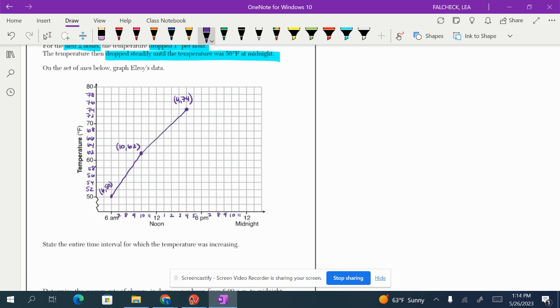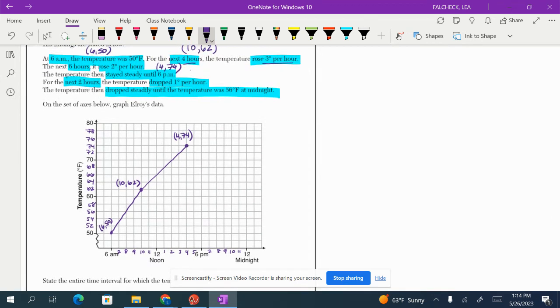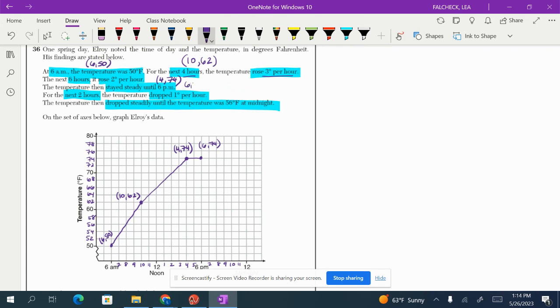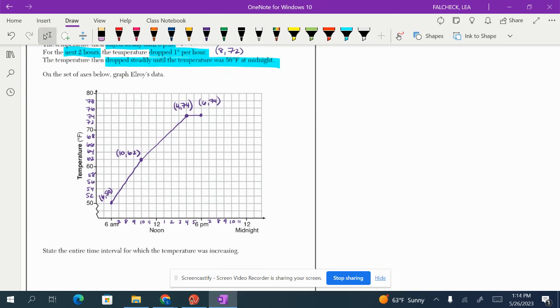Right. And then the temperature stayed steady until 6 p.m. So from 4 to 6, we stayed at a steady 74 degrees. And then for the next 2 hours, so from 6 to 8, the temperature dropped 1 degree per hour. So that was for 2 hours. So it dropped a total of 2 degrees. So (8, 72) is going to be my next point on the graph. (8, 72). Okay. Oops, that doesn't look good. Okay. And then from (8, 72)